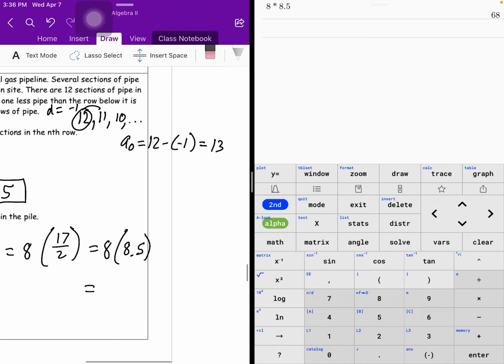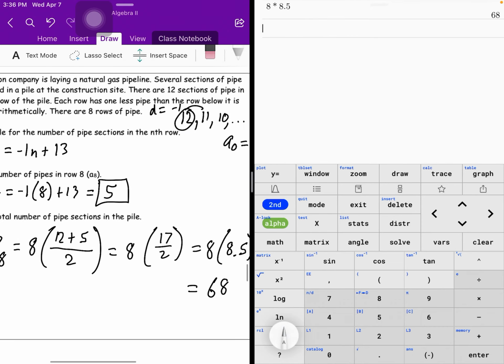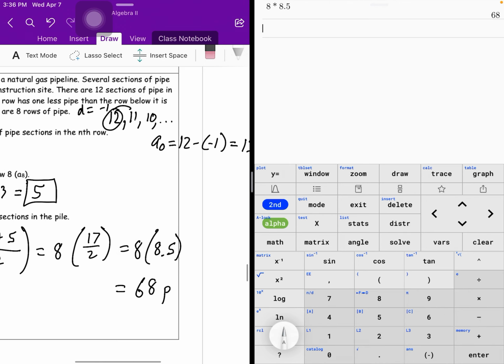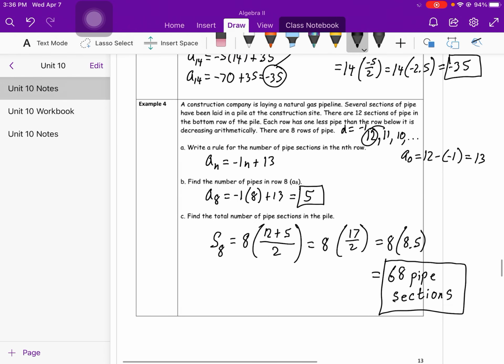And it is 68. And that's going to be 68 pipe sections, since this is a word problem, between all 8 rows. And there we go. We are done with the